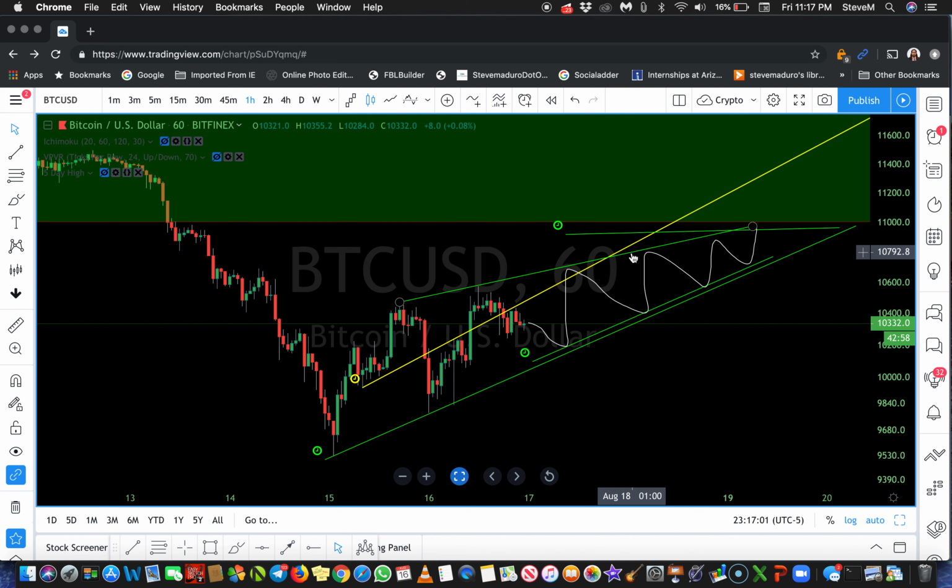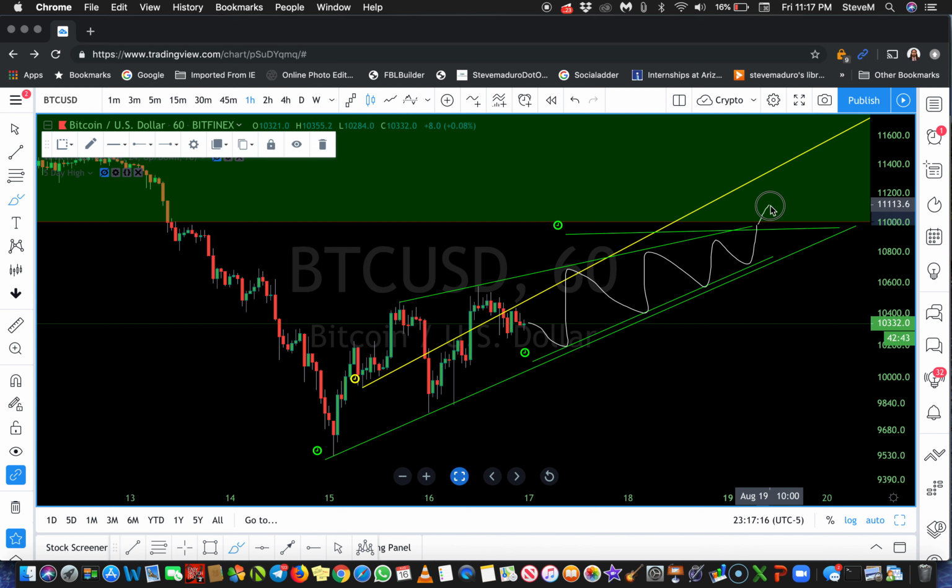Now I erase this one, I erase this one, I erase this one. And now I just have this alert. Now I just want to know when it hits the supply zone. Why? Because I feel like this thing is going to hit here. It's going to reject. And I personally think because of this line,